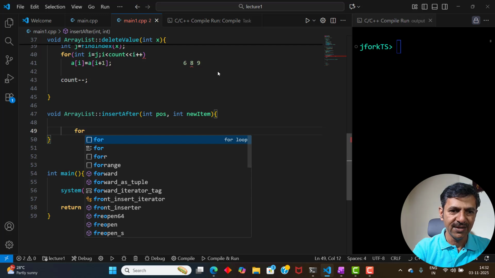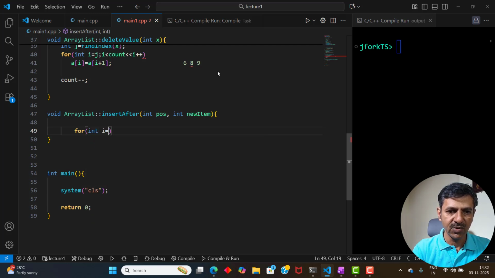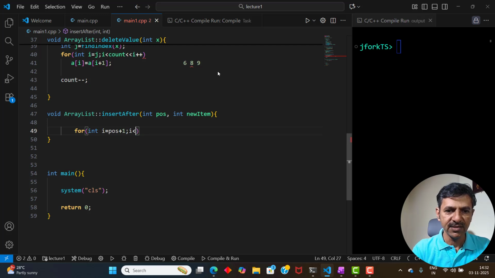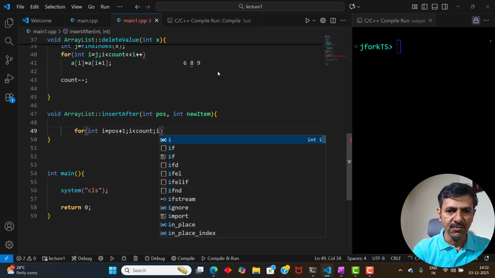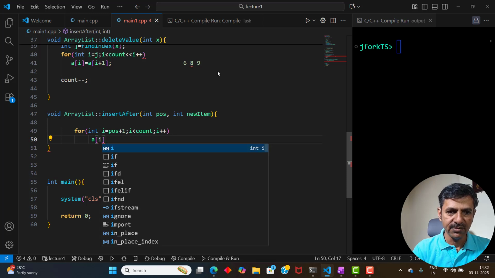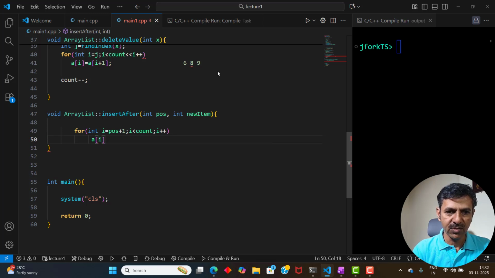So for int i is equal to position plus 1, i less than count, i plus plus. Here I have to say array of i is equal to,